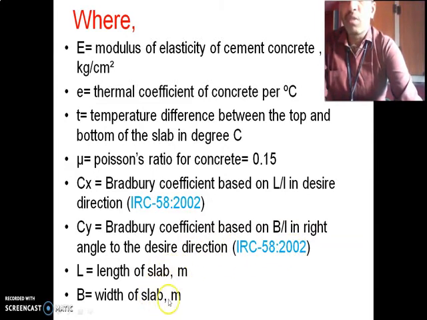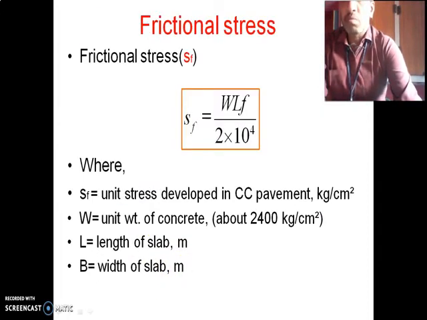These problems and all, we have to go through in books also. Determine the warping stress at interior, edge and corner region in a 25 cm thick cement concrete pavement with the transverse joint at 9 meter interval and longitudinal joints at 3.6 meter intervals. The modulus of subgrade reaction is 6.9 kg per centimeter square. Assume temperature difference for day conditions to be 0.6 degrees Celsius per centimeter of the slab thickness.